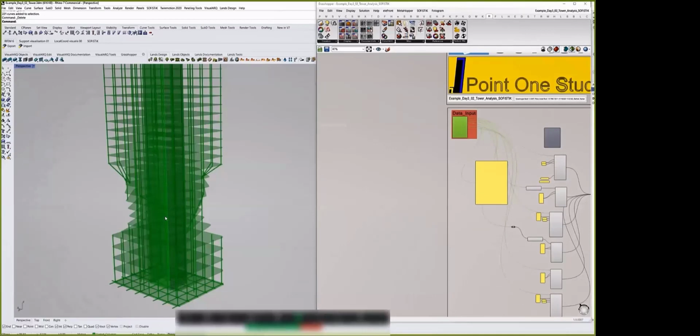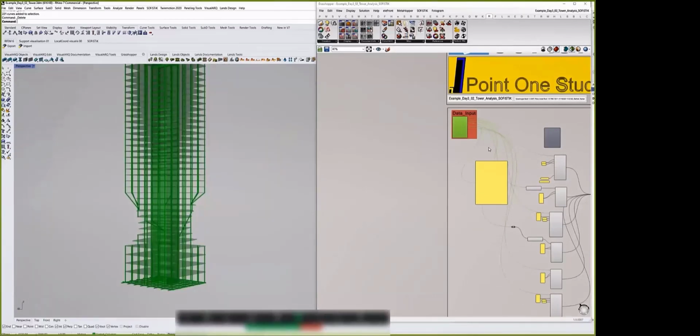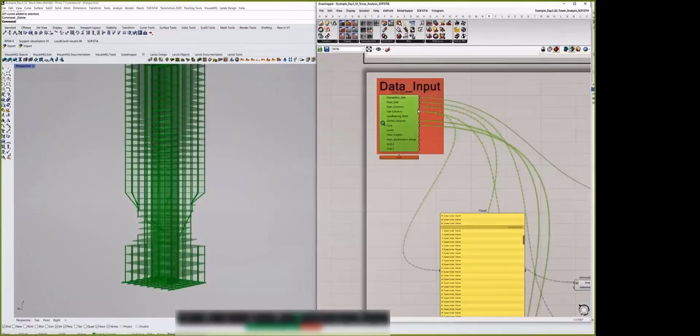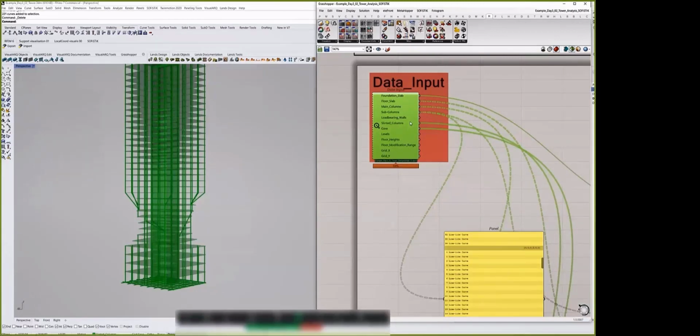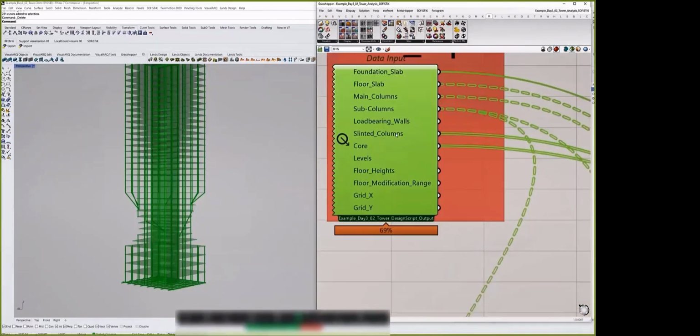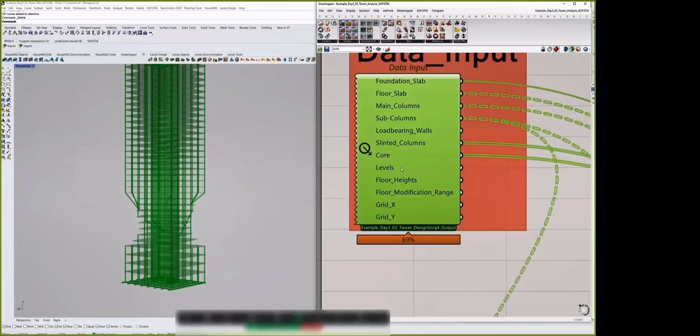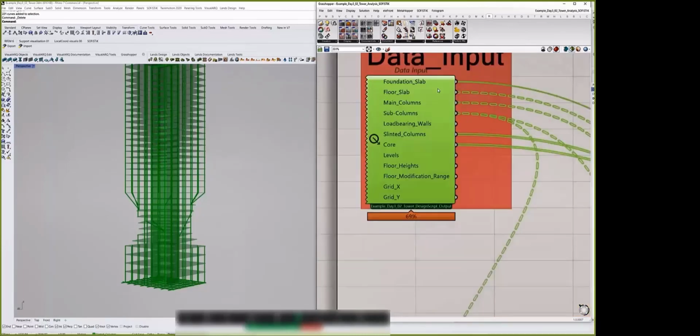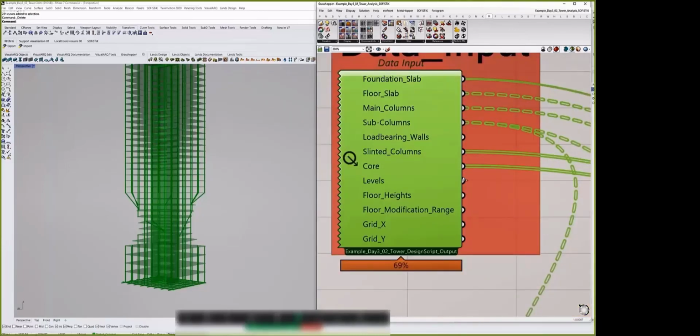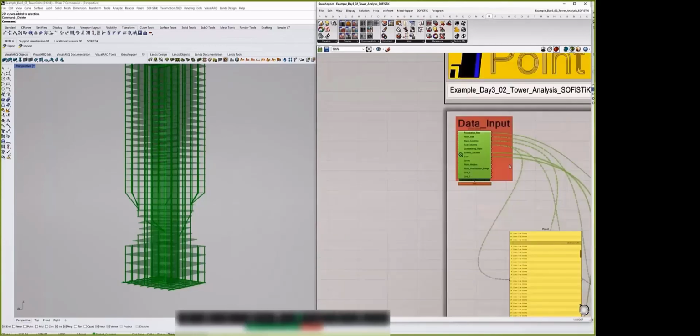I'm bringing the geometric output and all this data, which was output from the previous design script, and it can now simply be linked to, let's say, the Sofistik Grasshopper plugin. So you can see foundation slabs, floor slabs, core walls, and all these structural elements can be